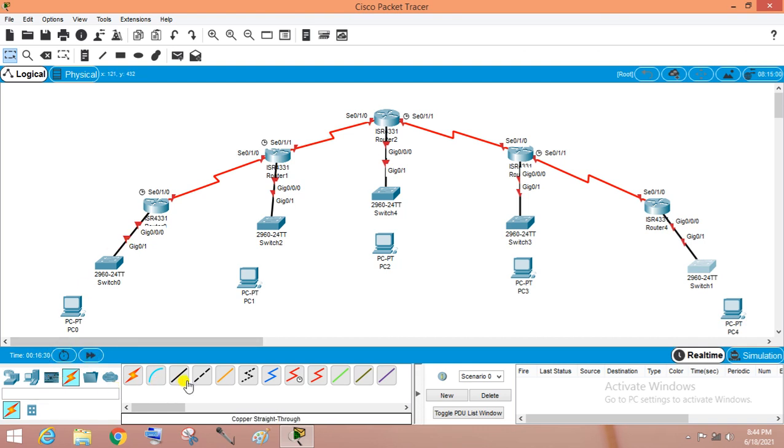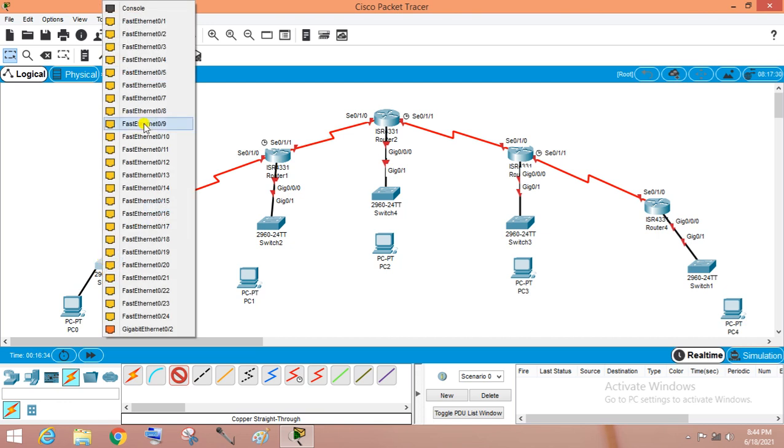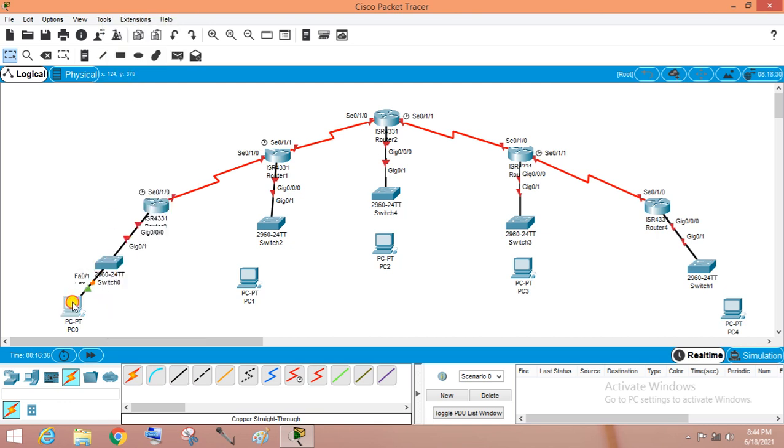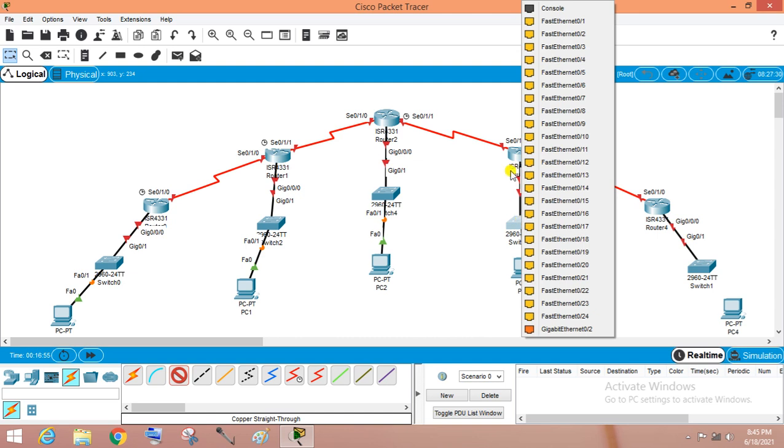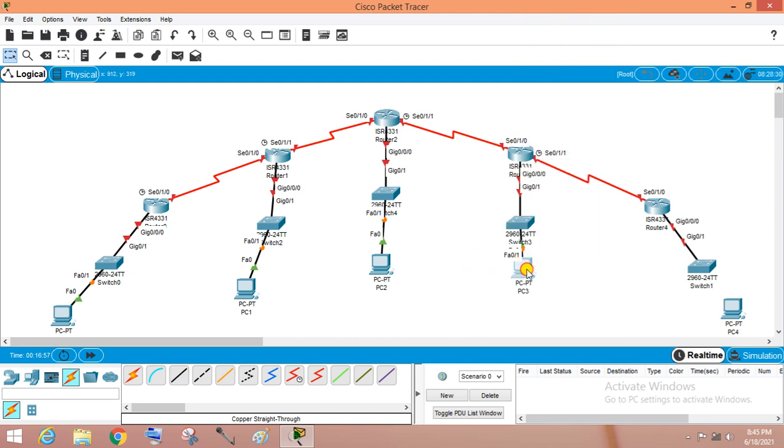Now we are also connecting PCs for verification. We're just learning how we implement the OSPF routing protocol here, for basic knowledge of how an OSPF router performs routing.